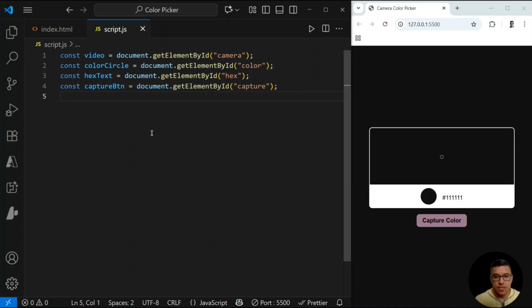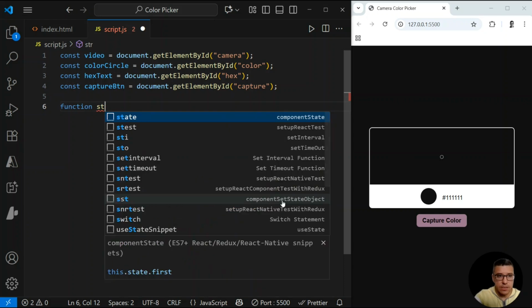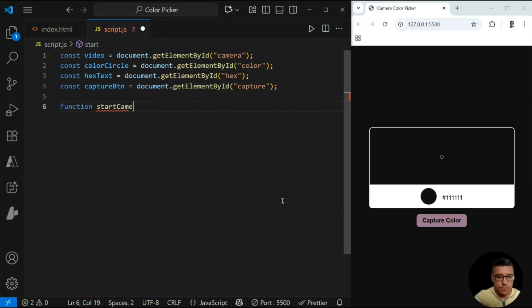Okay, so let's start building our project. Let's first make sure to have our live camera on our screen. To achieve that, I will create a function called, let's say, startCamera. And now I will access the Media Devices API that will give me access to my device camera. So I will say